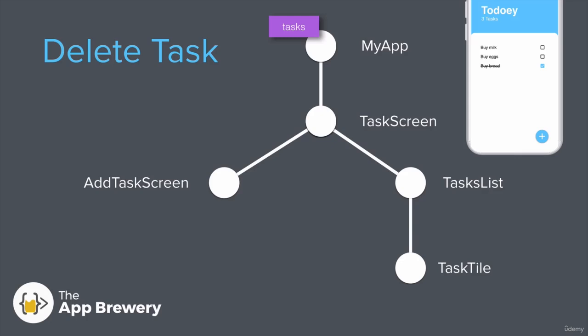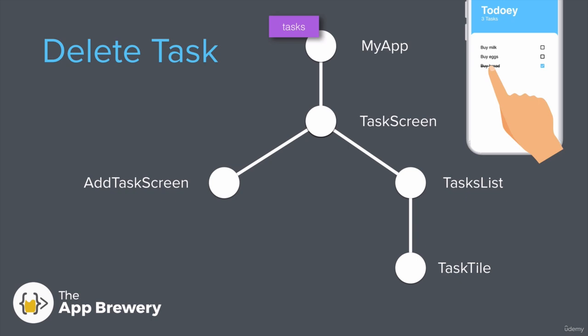Now that we can check off tasks and add tasks and read tasks, we're on to the very last thing we have to implement, which is how can we allow users to be able to delete tasks from the app? And I want to be able to do that when a user simply touches and holds a particular item. And as long as they've held it long enough, so a long touch, then I want that item to delete